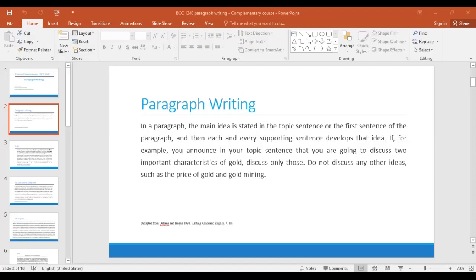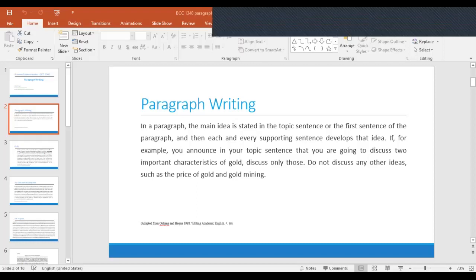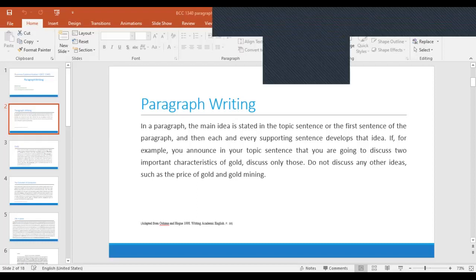When my lecturer taught me how to write a paragraph, he told me, it's not a very good saying, okay, but this is what my lecturer told me, that I need to beat the topic sentence to death with evidence and supporting sentences, right? So from my second sentence onwards, all I'm doing is trying to support my topic sentence.